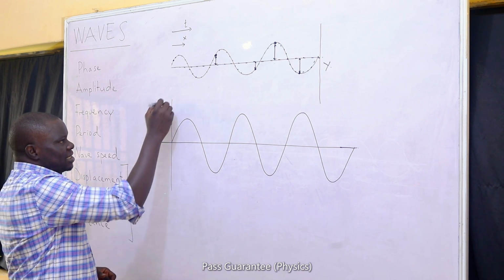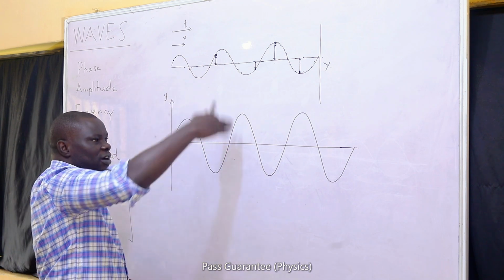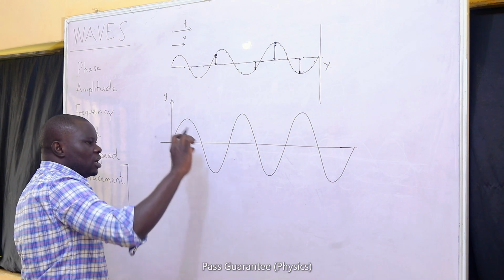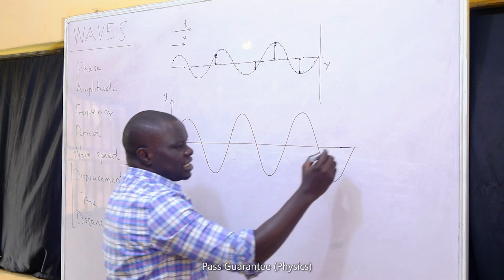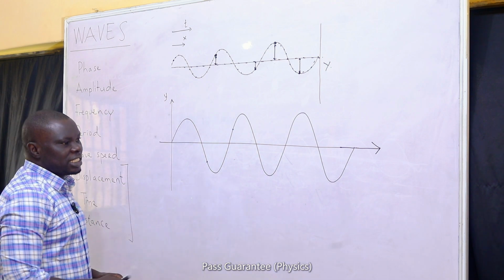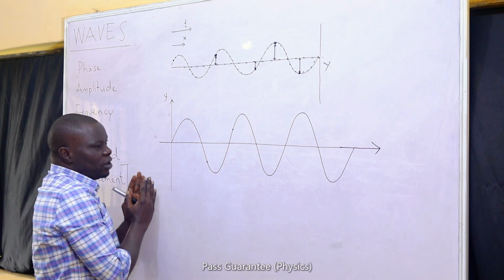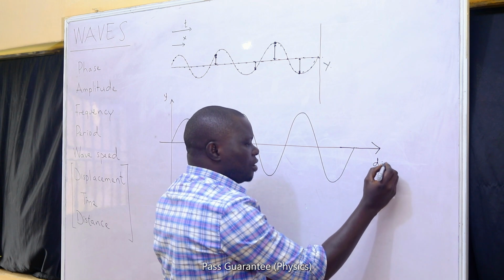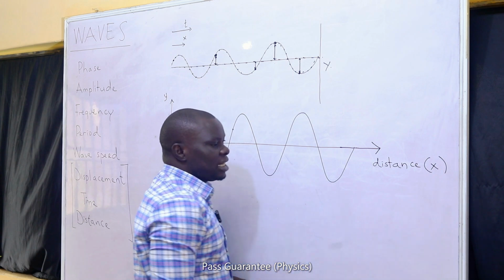The y-axis must represent the displacement because the displacement is, in this case, vertical. If you are going to measure the displacement of any point, we want to see how far up or how far down that point is. Since this is a transverse wave, as the particles of the medium are vibrated vertically, the wave itself is moving horizontally. So I can plot the distance covered by the wave on the x-axis.